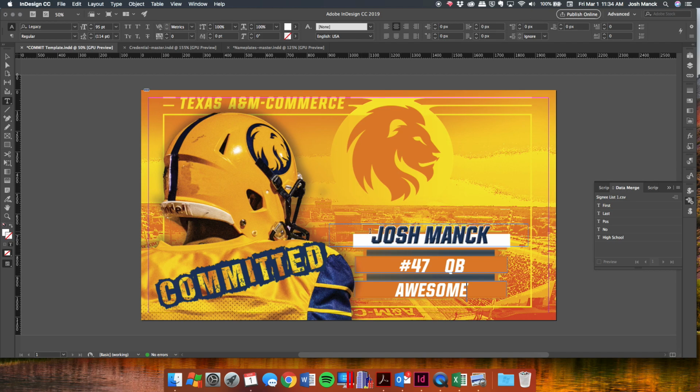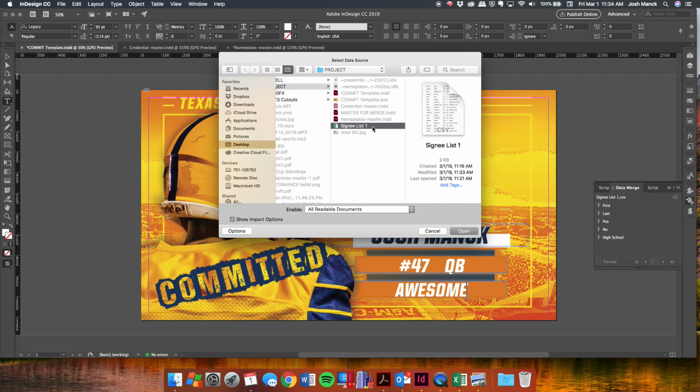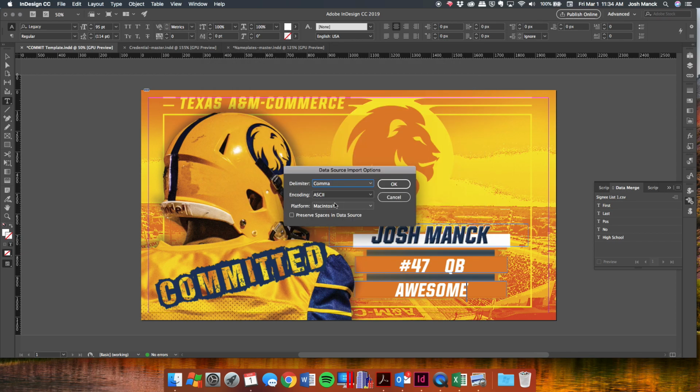So you've got your name here, and you go to your Data Merge. You click this little bar icon there and choose Select Data Source. I'll put all these in one file to make it easier. That's my data source right there, signeelist1.csv. You click Open. Delimiters, commas, you really don't have to deal with anything there. And right here, you'll see the list of